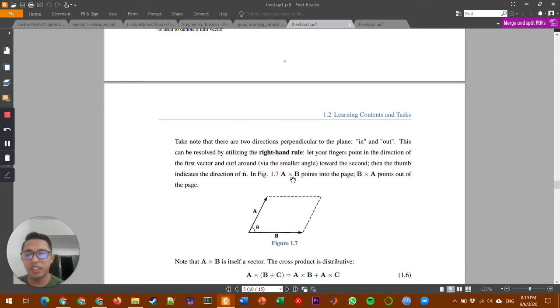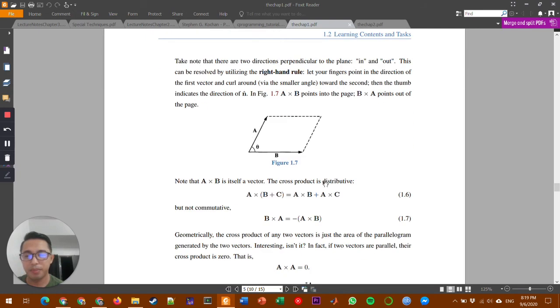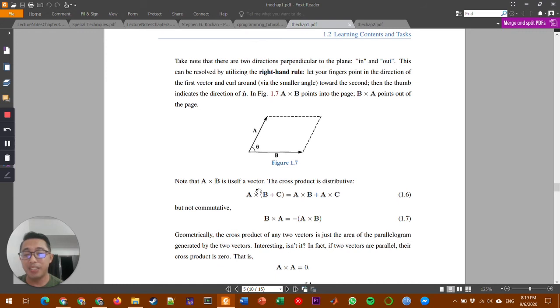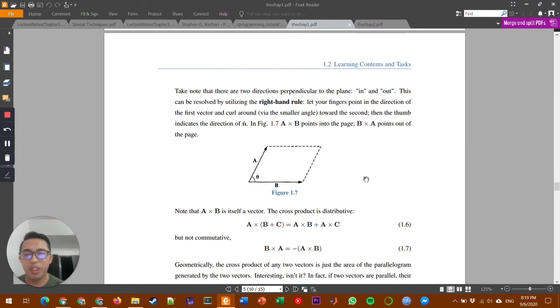So if you have A cross B, it points into the page or into your laptop screen. If you have B cross A, it's now opposite. It points out of the page or points out of your laptop screen. Easy, right? So note that A cross B is itself a vector, as I've said. So actually, ang kaning cross product, if you imagine it geometrically, if you have A cross B, it's